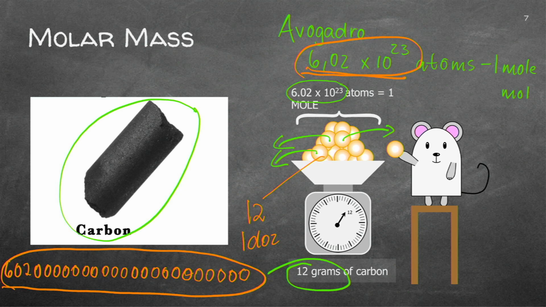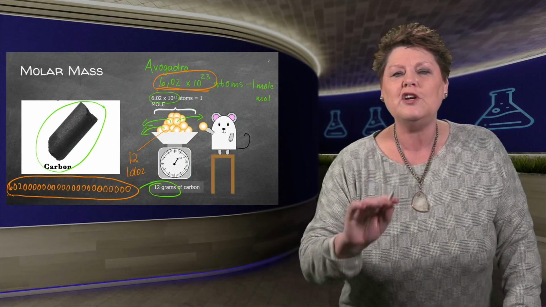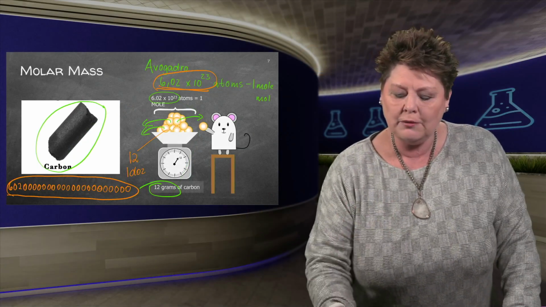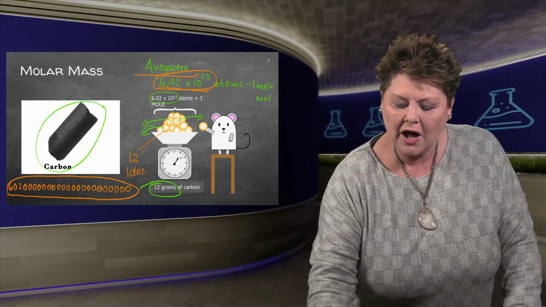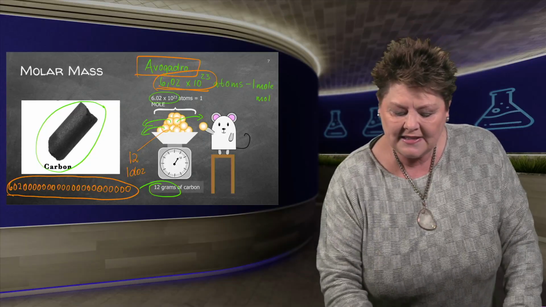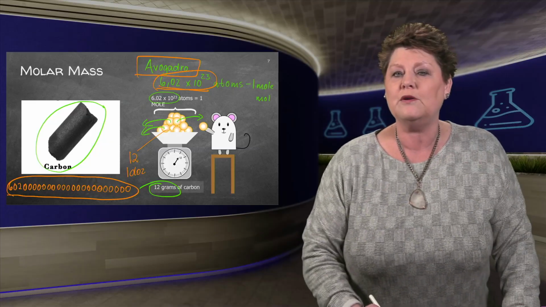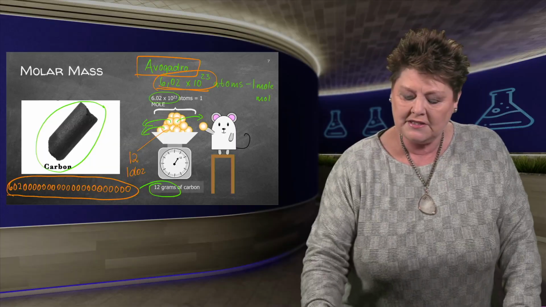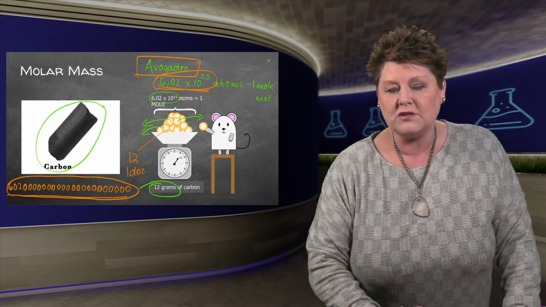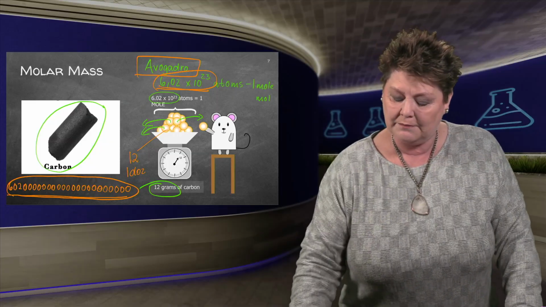It's on your information sheet. You turn around your periodic table and you find the Avogadro number there, and that's how it looks when you write it out. But we work with exponents. Please don't write numbers with zeros like that. It's very easy to make a mistake.